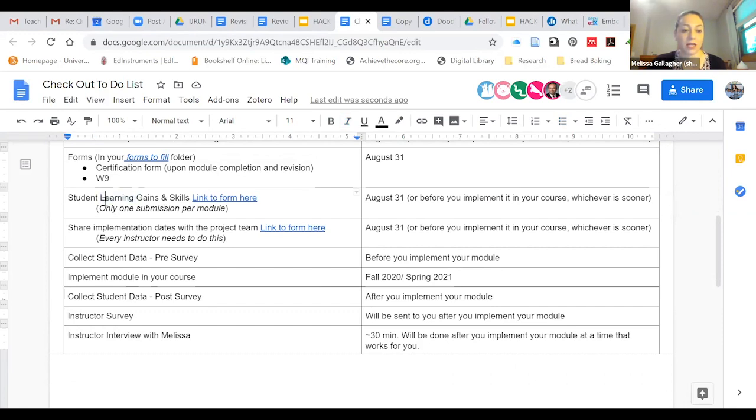The student learning gains and skills. So one of the data collection tools that we mentioned yesterday is a survey of students assessing their own learning gains, which means that this